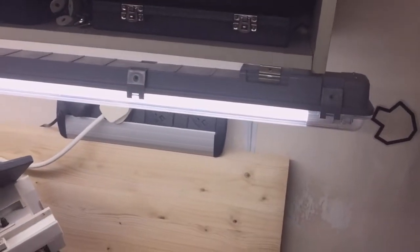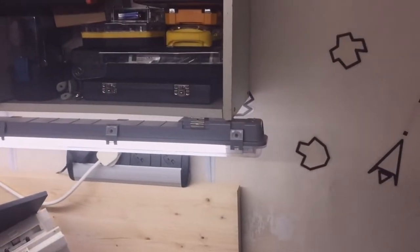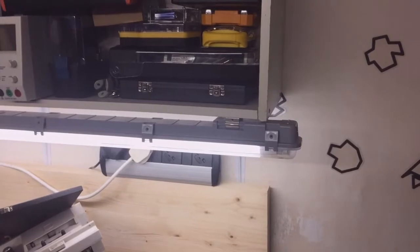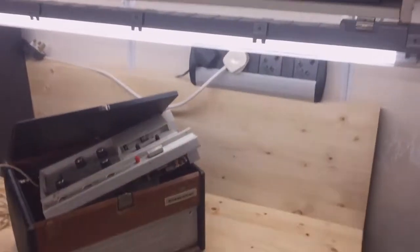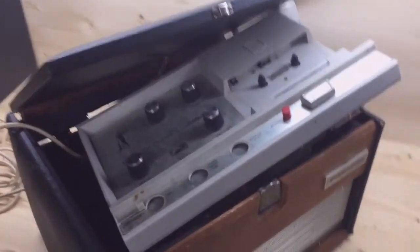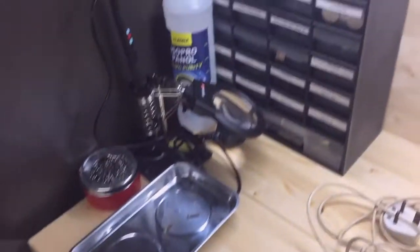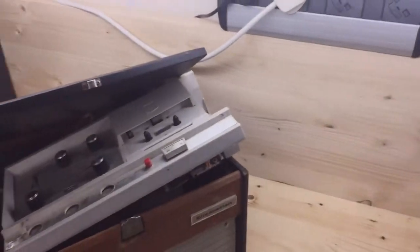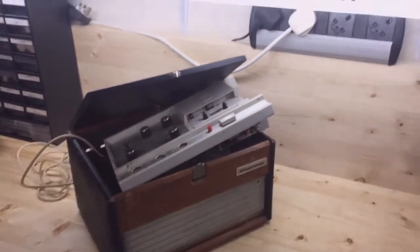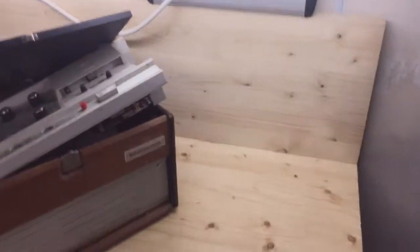This light's probably blowing the camera out a bit, but it just doesn't quite fit on. I should have moved this desk out a bit more actually, or made the shelves a bit longer. The light would have fitted on, but you can see there's plenty of light down here now. Absolutely loads, which is ideal. So got my caps there. So I've basically made it out of bits and bobs. The only stuff that I did buy was